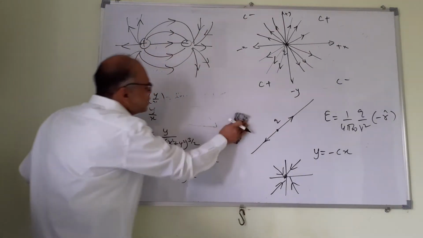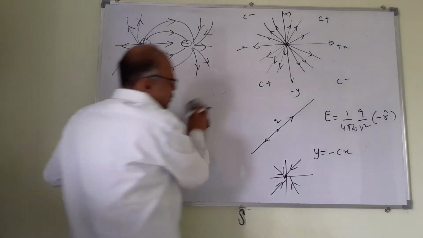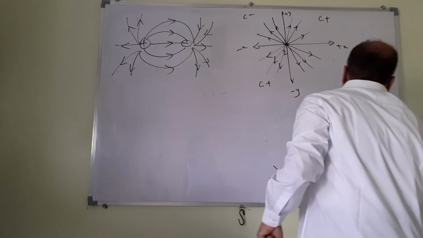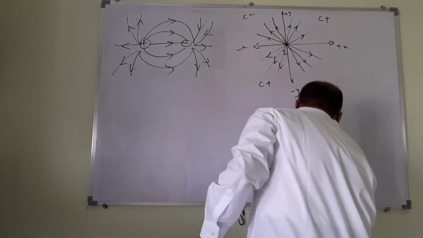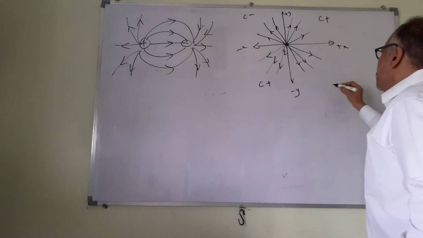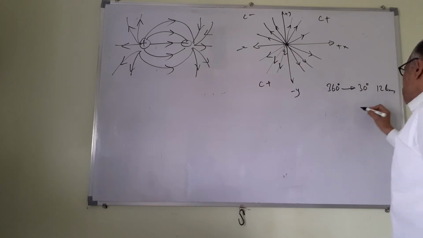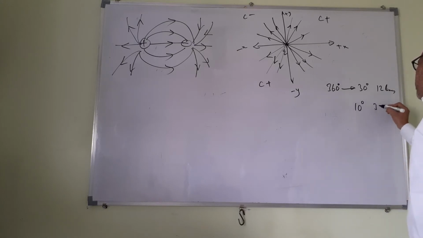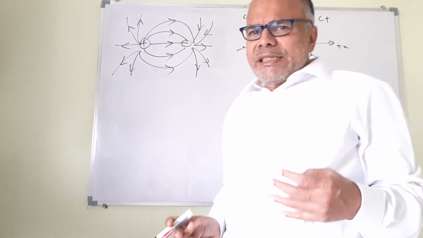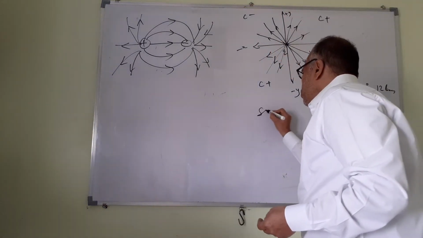Now, if you see the lines of force that we have shown here, in 360 degrees, if you draw a line of force at every 30 degrees, you would have 12 lines. But if you drew it at every 10 degrees, there would be 36 lines. So there is an inherent scale in drawing the lines of force. So, what could be the scale?